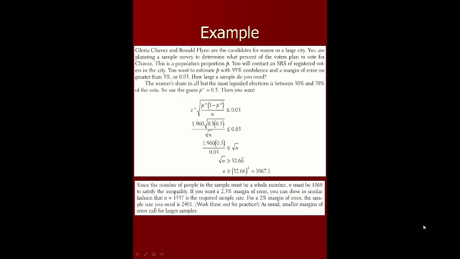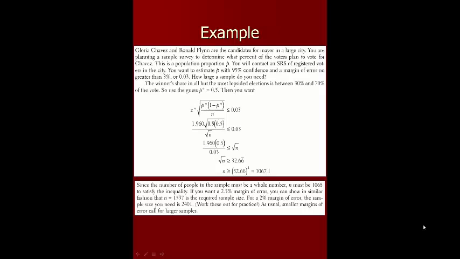Then we switch proportions. We take the 0.03 down to the denominator on the left hand side, we just cross multiply, and then we take the square root of n over to the numerator on the right side. Then notice in the fourth step how we switch the inequality. That's not necessary, but they do that in this particular case. You can keep n on the other side if that is what you prefer. So we have the square root of n is greater than or equal to 32.66 repeated. Then they square each side, and they have n is greater than or equal to 32.66 squared, which is equal to roughly